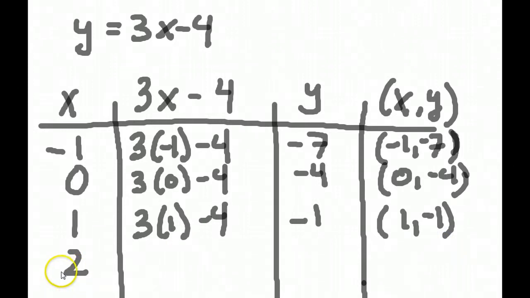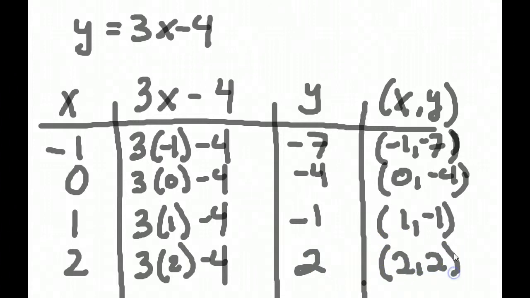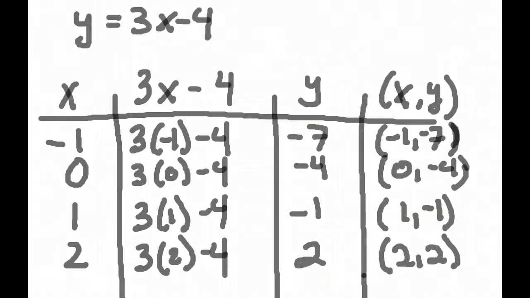And the last number we chose was a 2. So you have 3 times 2 minus 4. 3 times 2 is 6, so 6 minus 4 is a positive 2. Our ordered pair is 2 comma 2. So now we have all these ordered pairs. So we would then graph this, and the way we graph it,